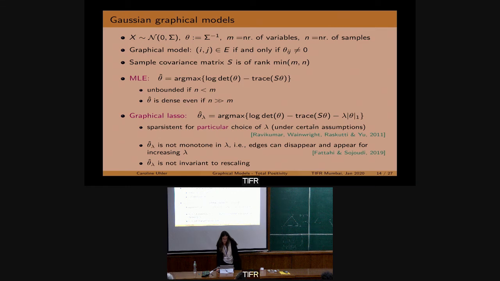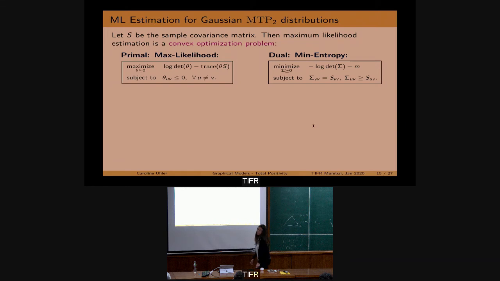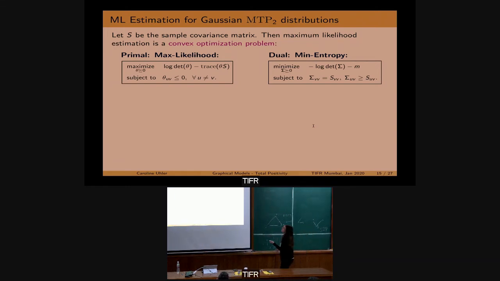Okay, so these are the kinds of things that are kind of annoying when you're talking about graphical lasso. And so this is all solved with MTP2. So now let's look at what happens with MTP2. Oh, max entropy. Okay, so something off. So,